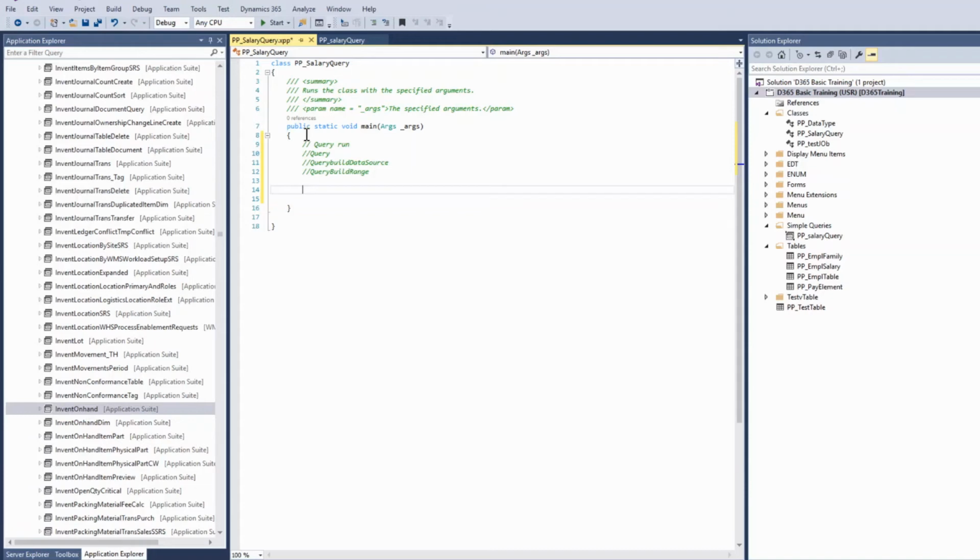In a static query, when you have to run the static query in the program, we need to use these concepts. So now, as you know, we created one static query. Now we will run this static query with the help of these objects. So let me first define the table. Salary,